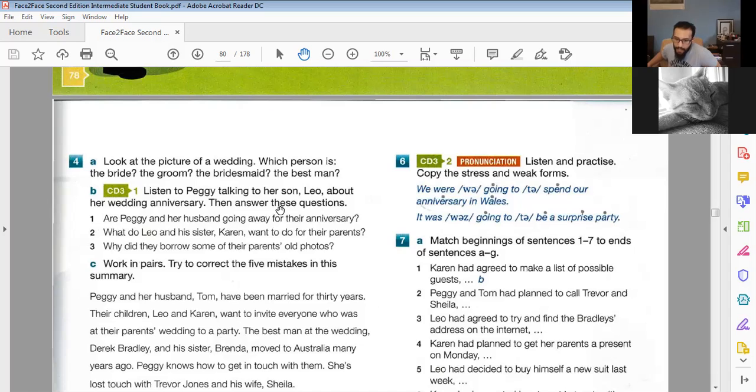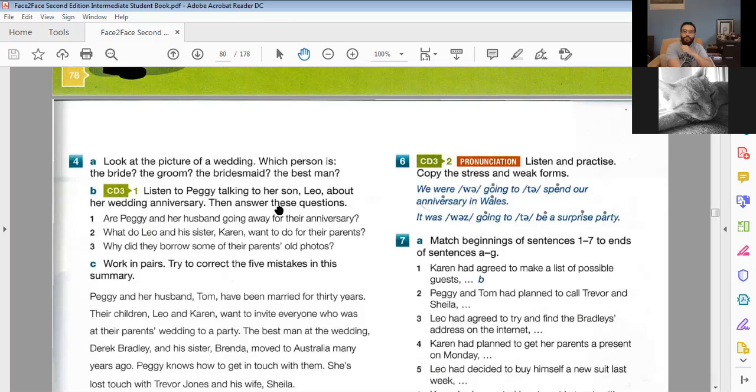Because her son asked her, Mom, this is your 25th anniversary. Do you have any plans? And then she said we were supposed to do something, but something happened. Can you remember? Okay, no problem. We're going to listen again to answer the second part of the question anyways, so you can pick it up later. But at least your answer is correct. So they're not going away for the anniversary, and we'll find out why in a minute.